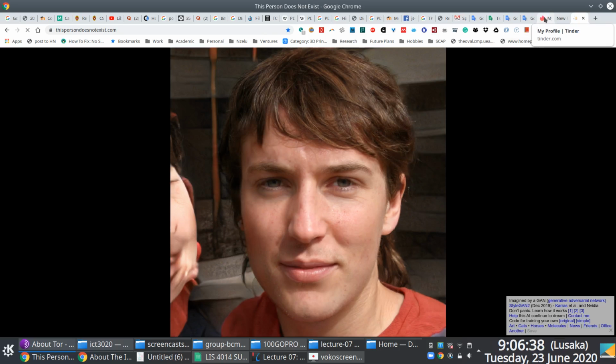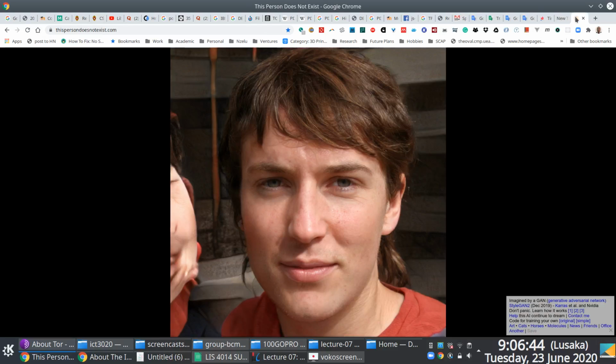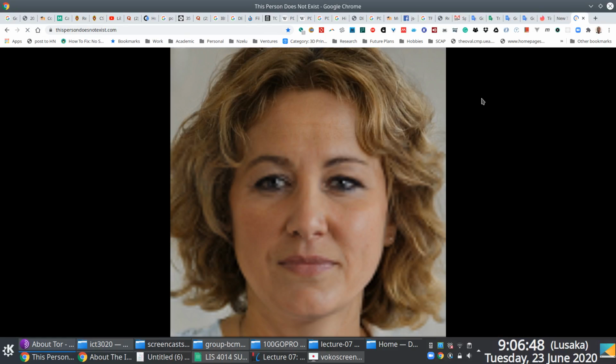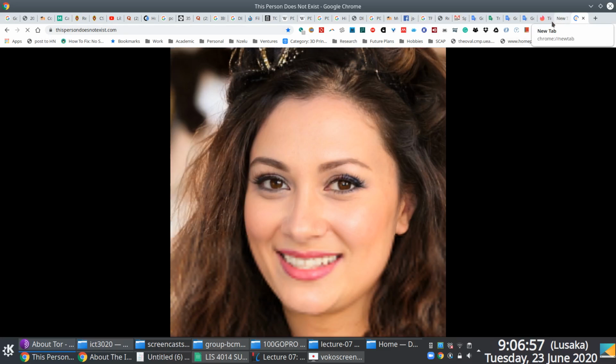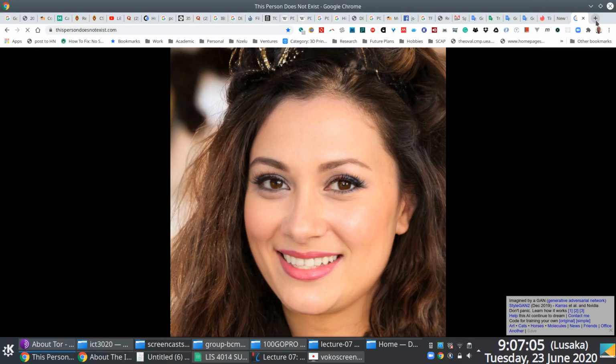Some very basic, primitive application that automatically creates profiles by making use of these automatically generated images. This person does not exist, right? That would be nice, although it would be even nicer if we could generate photos of black people here. But anyways, I digress. A while back also, I don't think I included Dropbox here, but a while back, Dropbox